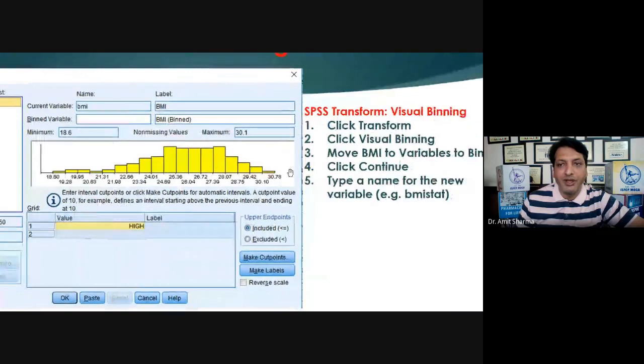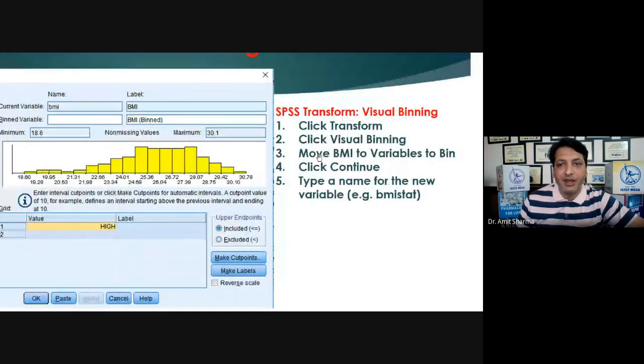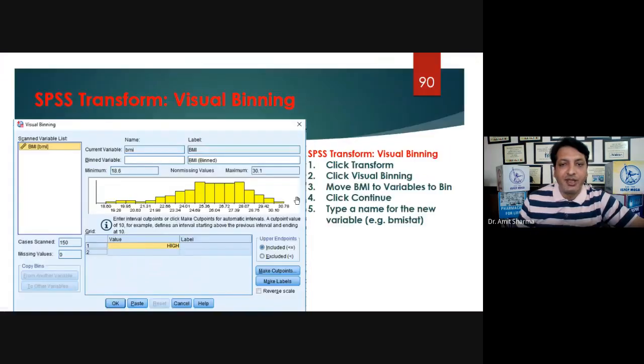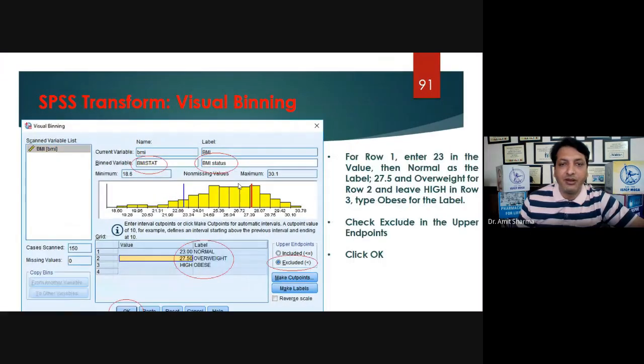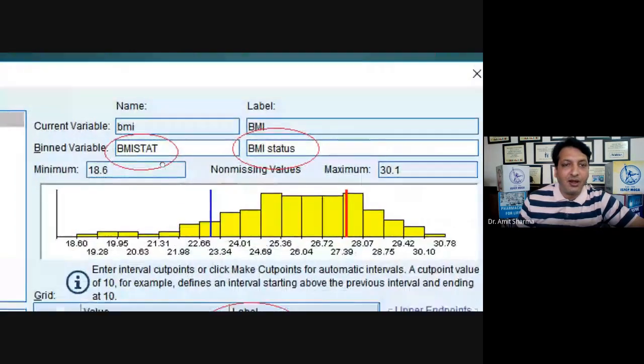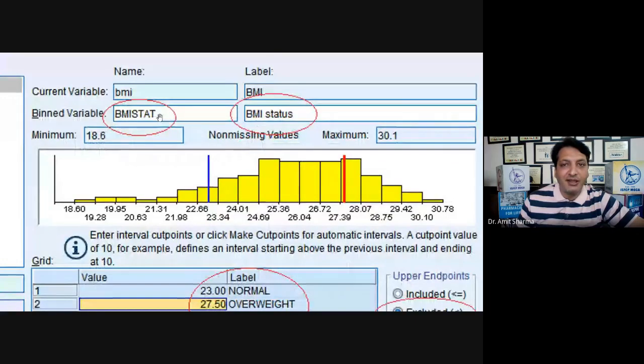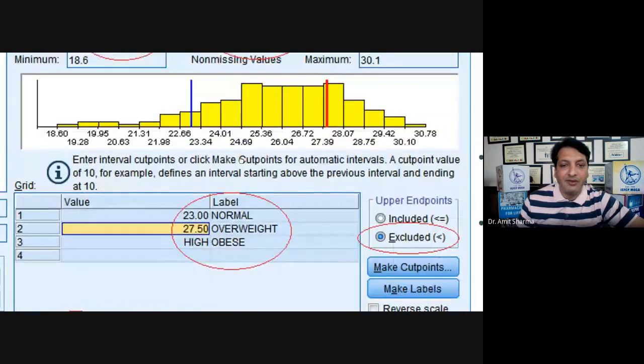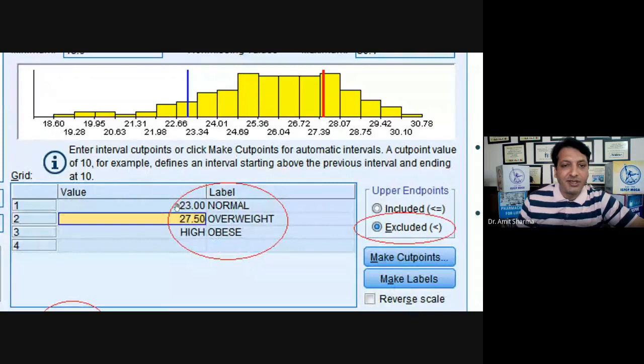So how to do it? Click Transform, click on Visual Binding, move BMI to the variable to bin box, click continue, and type a name for the new variable. The new variable name I have kept is BMI stat. You can see in this slide the name of the new variable is BMI stat, and here I have entered the data: less than 23, the second up to 23 to 27, and more than 27 will be called the third group.